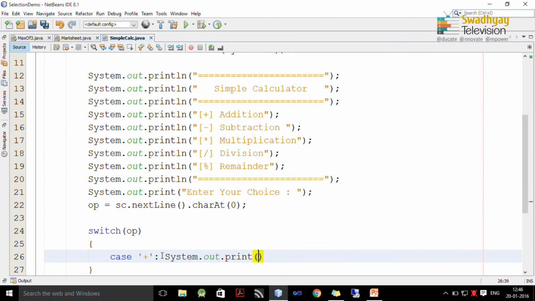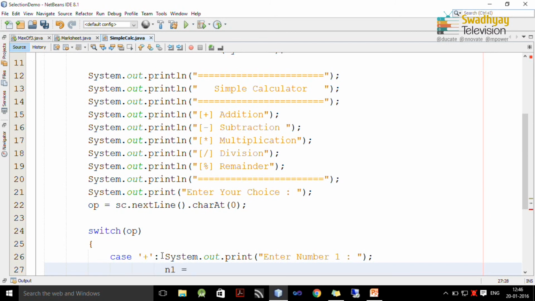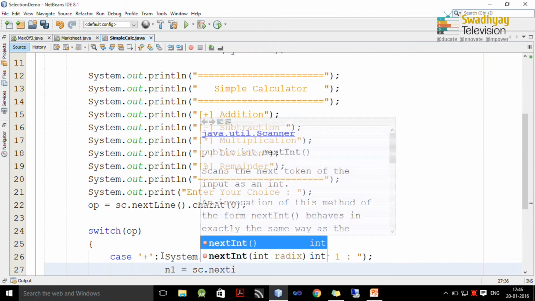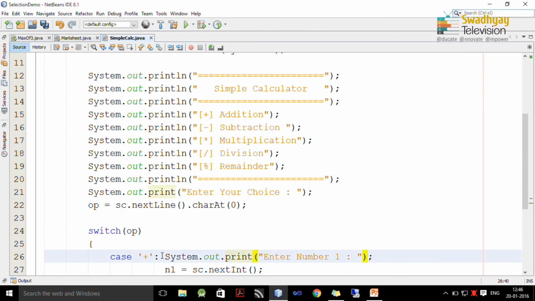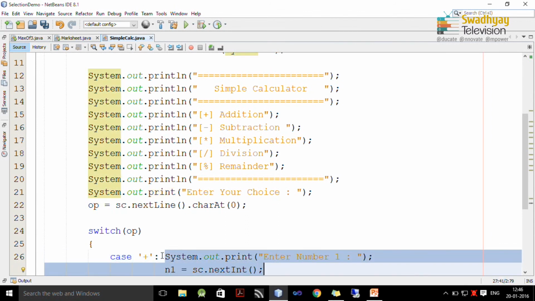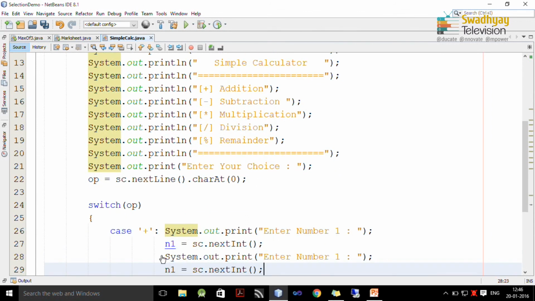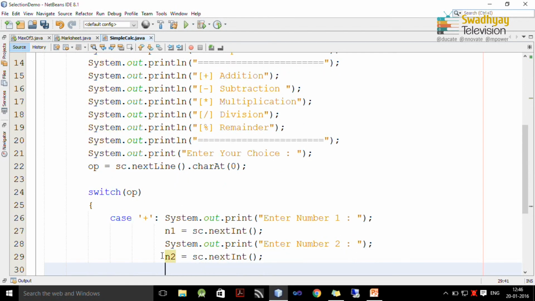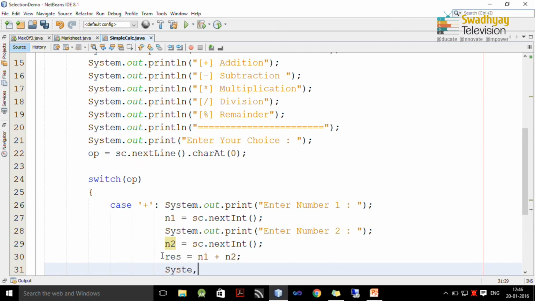So, I write down inside this case enter number 1, and inside N1 we are going to read this integer value, we copy this and we read number 2, we store value entered by user inside N2, and we want to perform sum of N1 and N2 inside result.